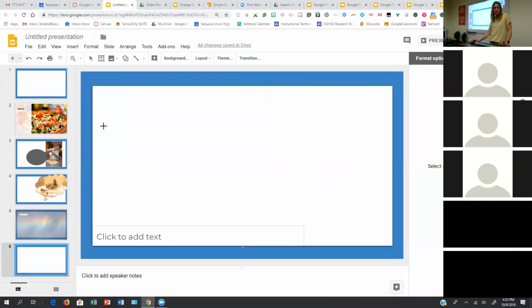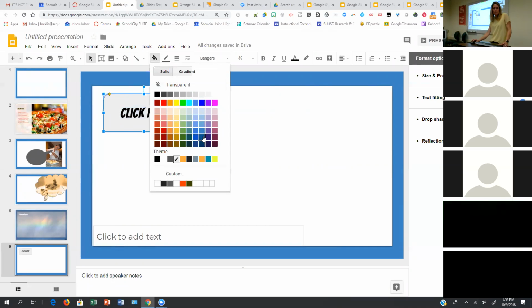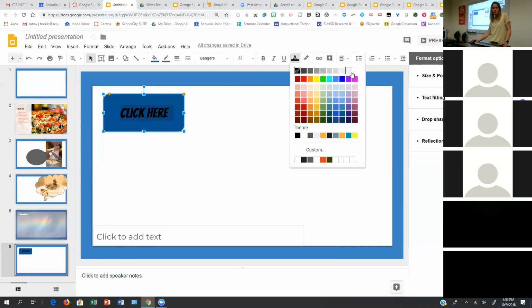I'll go with partial rounded. Okay, you can add a shape, double click on it and add text. Get really creative here. Comic book, not Comic Sans. Okay, you can change centering, change the colors, go with the backgrounds. We should probably make the font lighter, so it shows up.